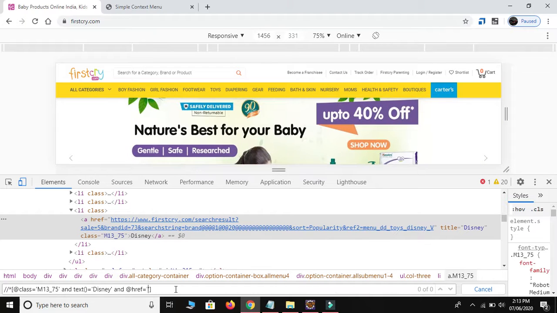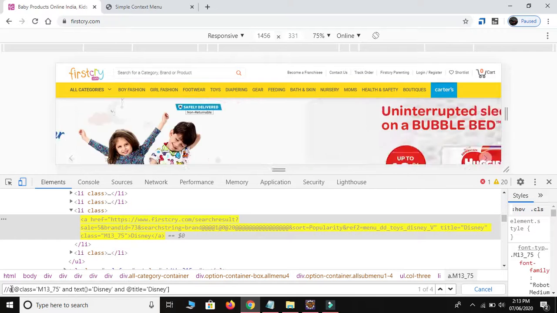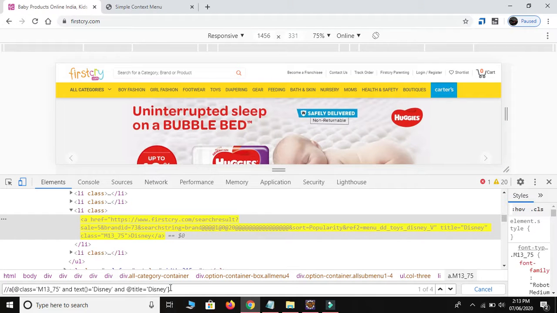So just remove, this is the title. Okay, so title, and I will use anchor over here. Still 1 of 4. I will make 1, 2, 3. Okay,